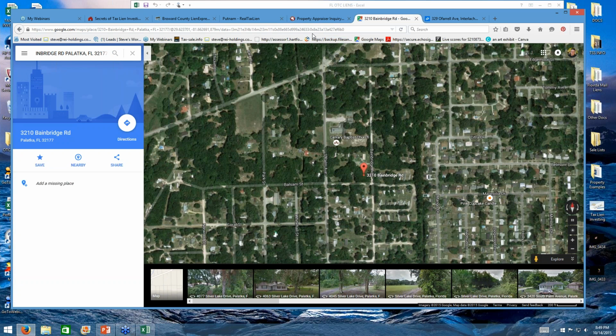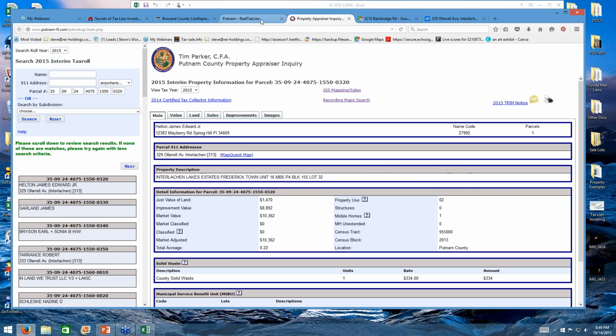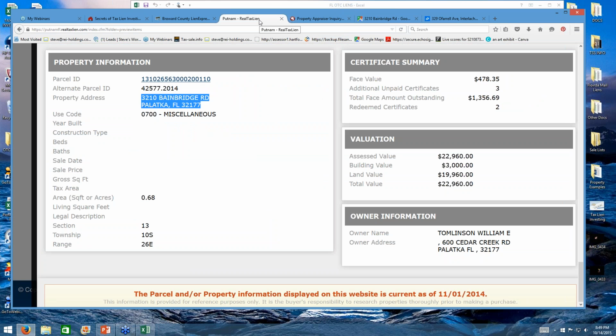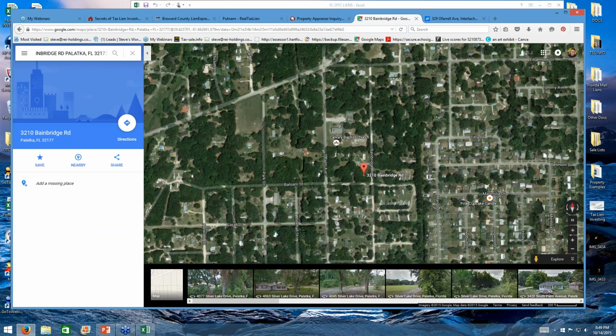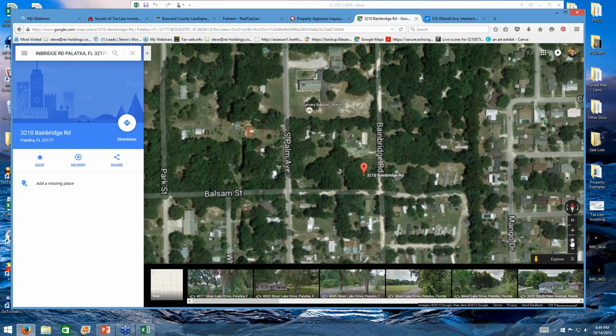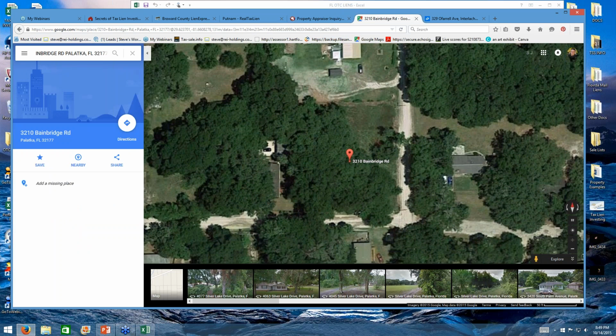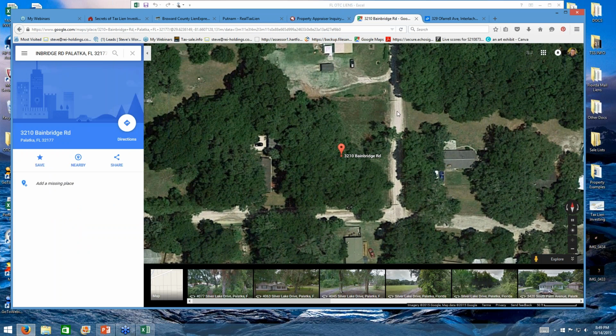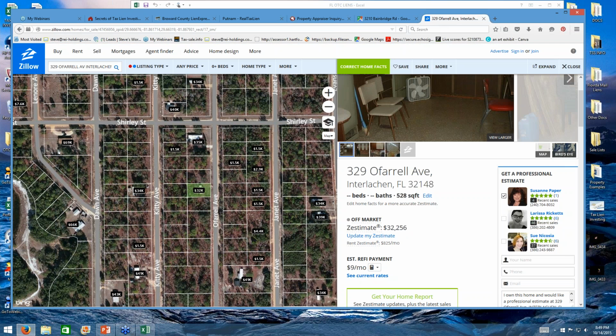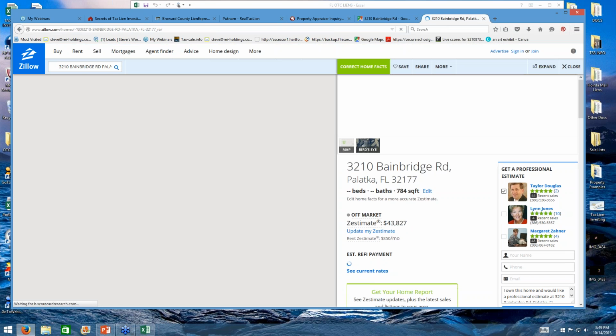If not, you could acquire the property, but essentially you're going to have a chance to earn an interest rate return that's a high percentage. So we can see the property down here. It's this building lot right here. It may not be on Zillow, but let's just go ahead and try. Sometimes they will have lots.